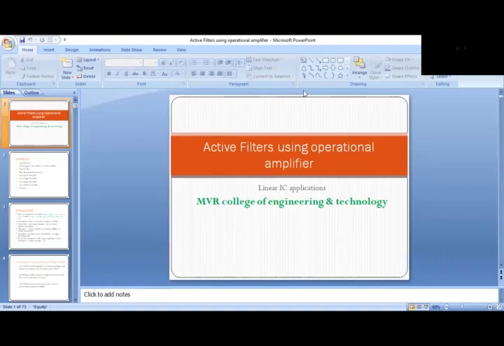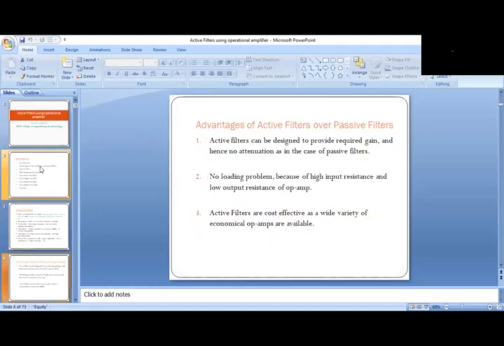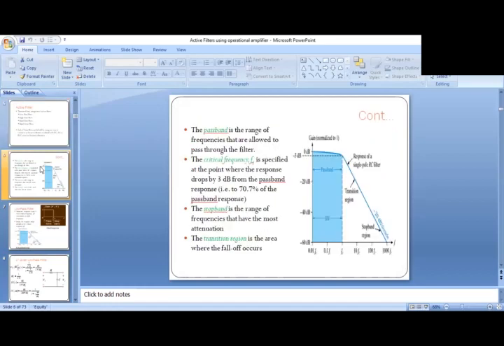Good morning, students. In the last class we have observed the response of low pass filter. Our fourth chapter we are going to discuss about the response of low pass filter we have observed in the last class. So according to their response, there are four types of filters we have discussed. So in which we have completed the low pass filter,